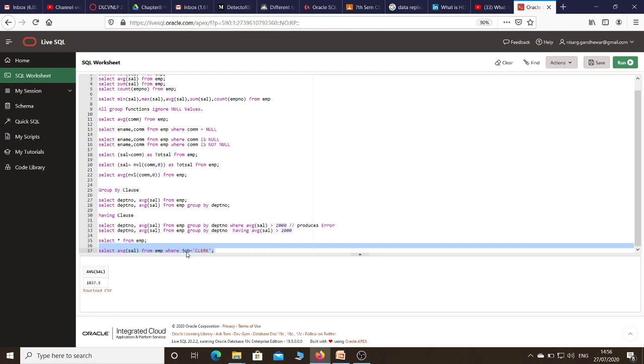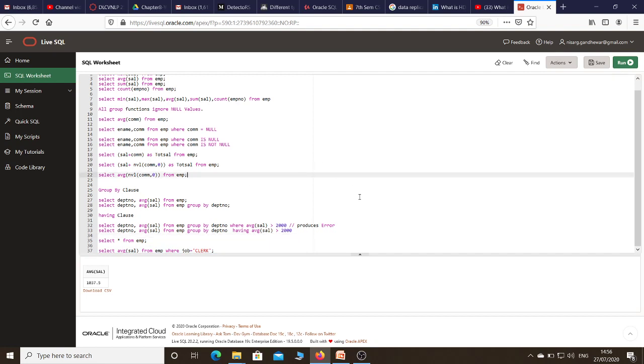This is the average salary of all employees who are clerks, because here I specified the condition job equals to clerk. But suppose I need to apply this to the previous query we discussed. I want to display the department number along with the average salary, and one more thing I am going to add: I want only those departments whose average salary is greater than 2000.